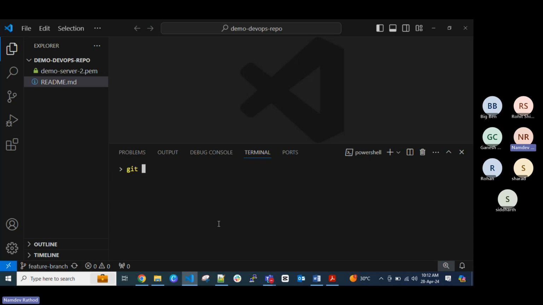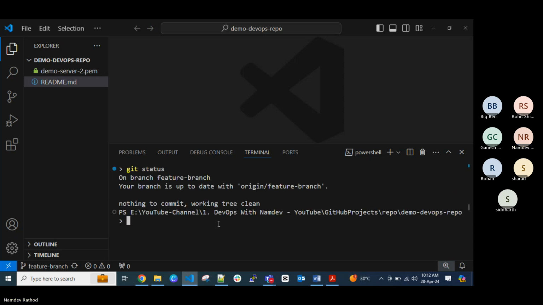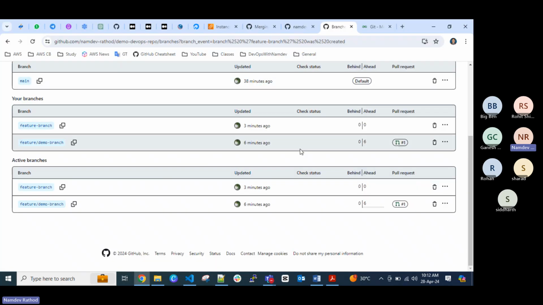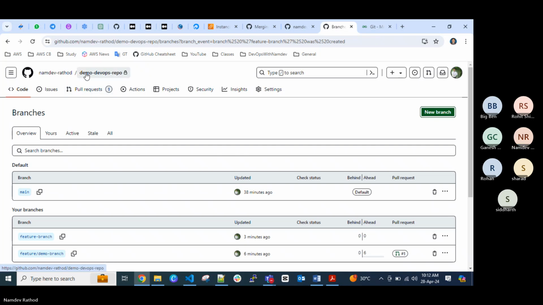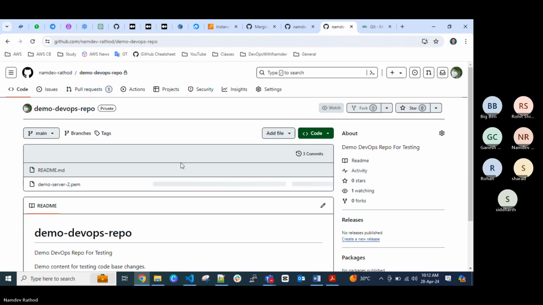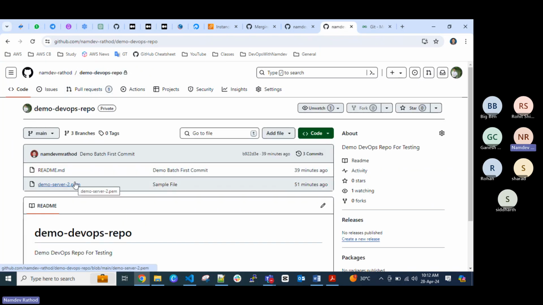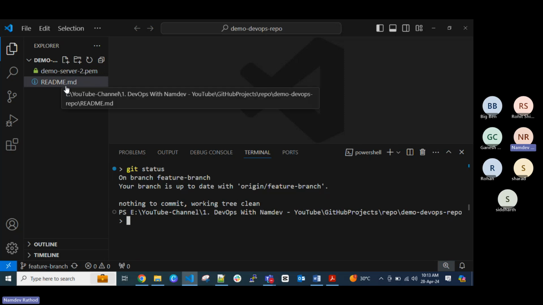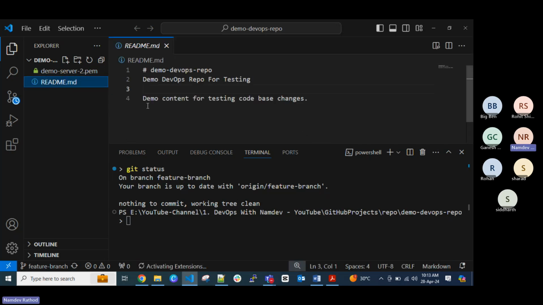So now, if I check git status, we are on the feature branch now, right? And in the feature branch, whichever data is available in the main branch, we will get. And in the main branch, which data is available? If I click on this demo main branch, we have only two files, the readme file and the demo server files. Okay. Same thing we are able to see here. So in the readme file,